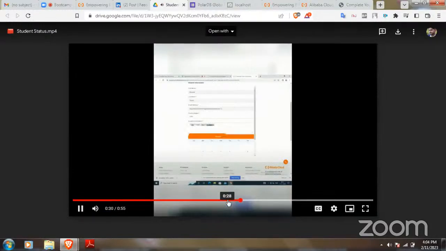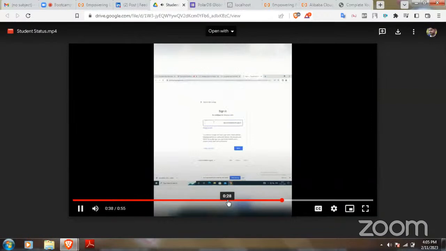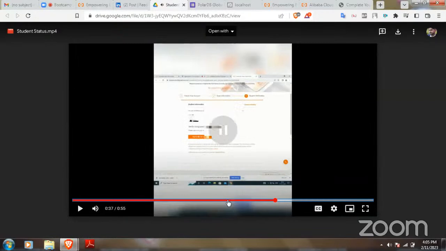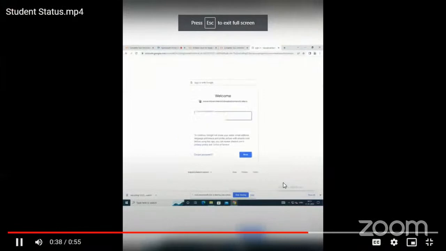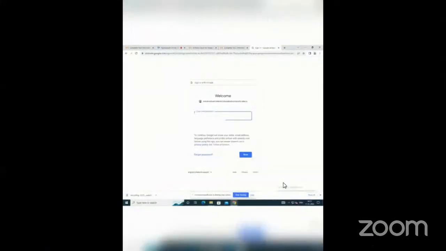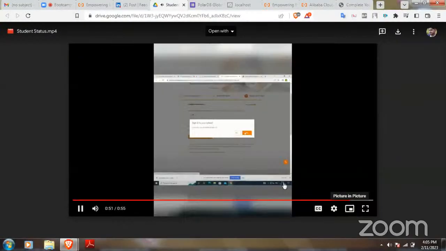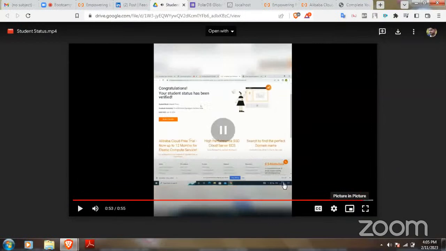If I submit my details here, it will quickly ask me to sign in using my college ID, then log in using the ID, and it verifies. That's what is supposed to happen. I don't know, we have to check with the backend team. So now this should be the outcome: Congratulations, your student status has been verified.